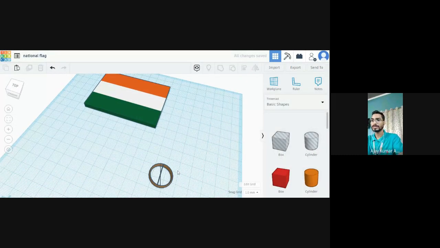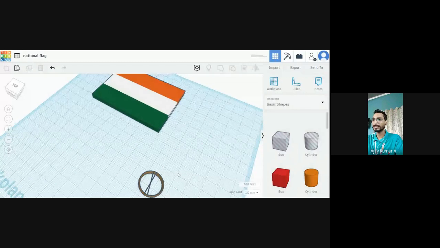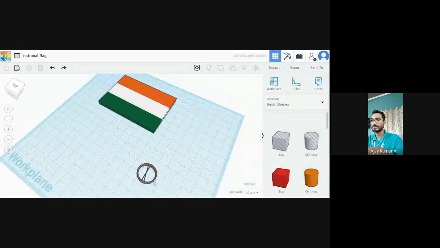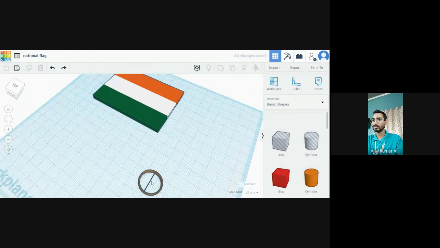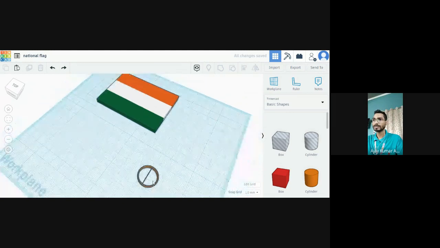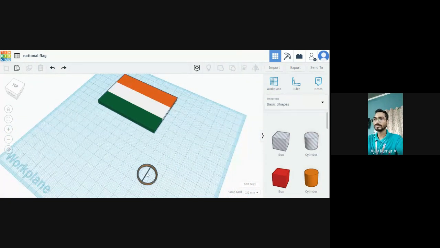Let me repeat it. Okay, so we can just choose the undo option. We have to select the spoke like this.